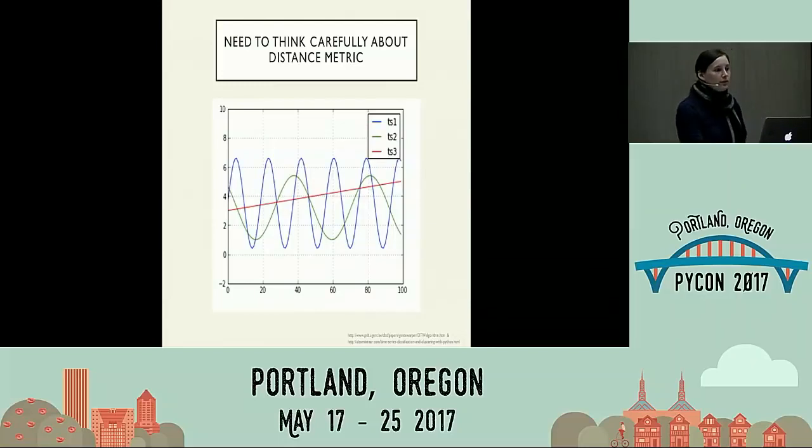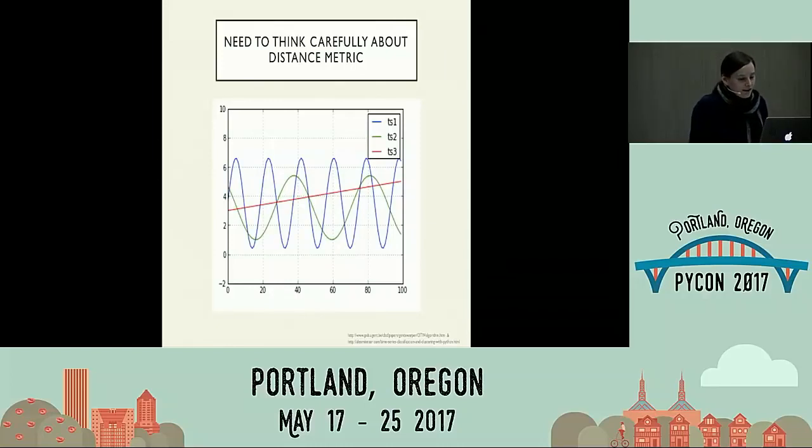To do that, for those of you who know a bit about clustering and comparing things, when you want to compare things and determine how similar they are, you need some kind of quantitative measure of how similar they are, right? Like if I want to say how similar are people, I could say, well, if you have the same gender, I'm going to say you guys are identical. That could be one metric, right? Or another metric would be: I'm going to take the difference in their weight and square it and to that add 3 times however many miles apart they live from each other, right? There are many ways you can come up with a metric to compare things.